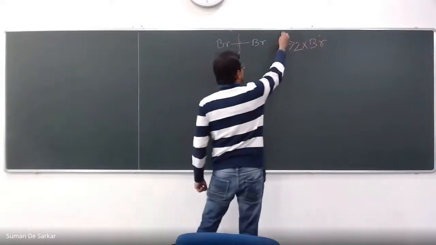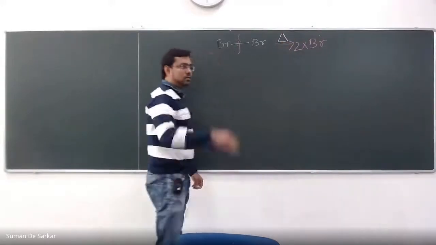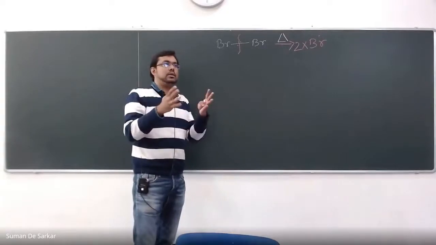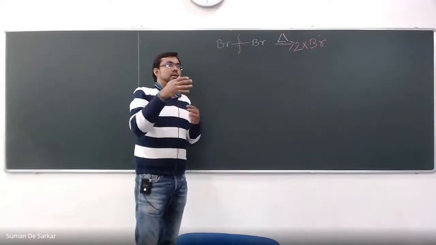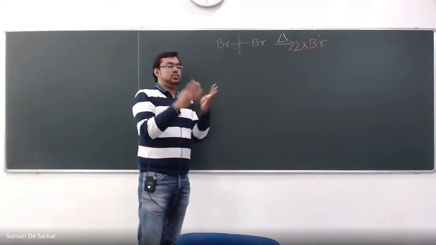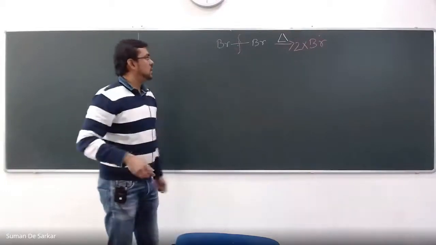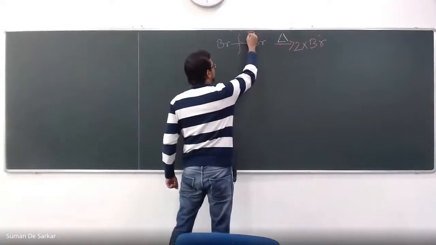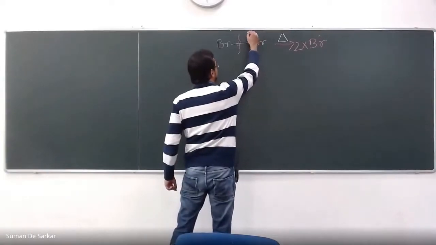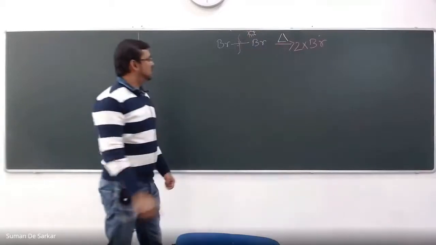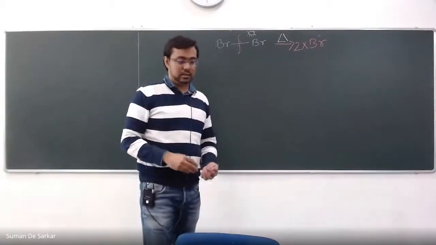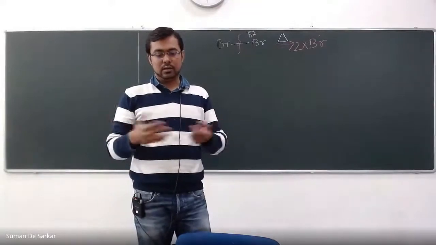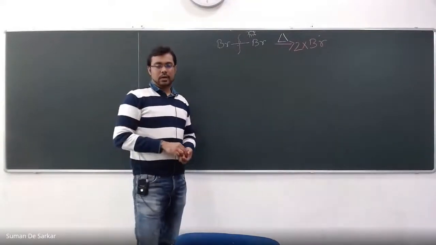You can heat it at a very high temperature, like 200, 300 degrees, so that the bond gets enough activation energy to split into two radicals. But the more famous or milder way is to put it in sunlight, or any kind of artificial light, UV or even sunlight. If you just put it in sunlight, it activates the halogen molecules and splits them into radicals.